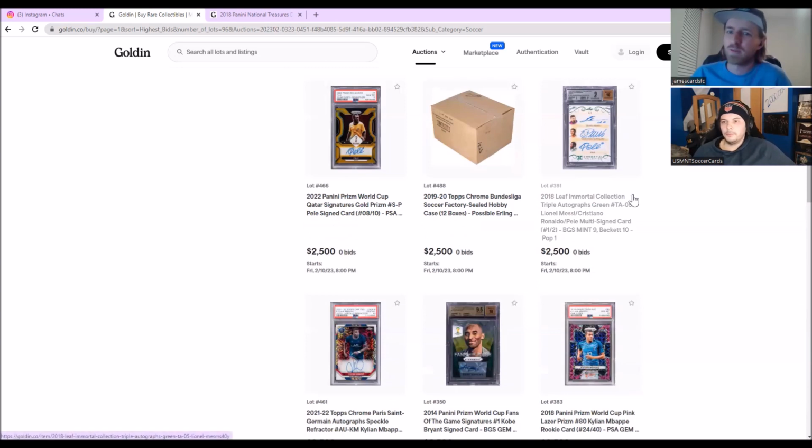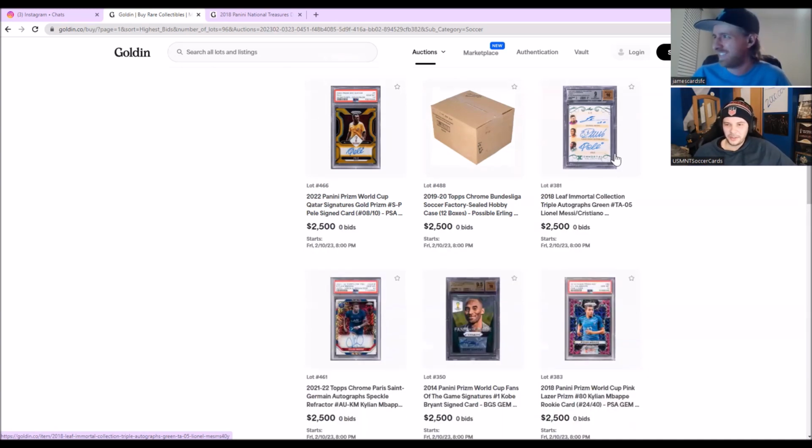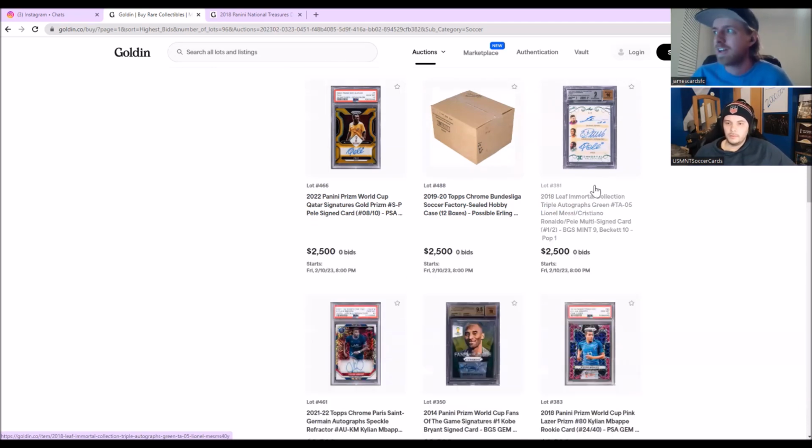This is one of those Leaf ones where you turn it to the back and it has Ousmane Dembele on the back for no reason. Gosh, always the worst. They manage it. Yeah, no, that's really nice. If you're in the market specifically just for those autos and you don't really care about the set, you can probably get a